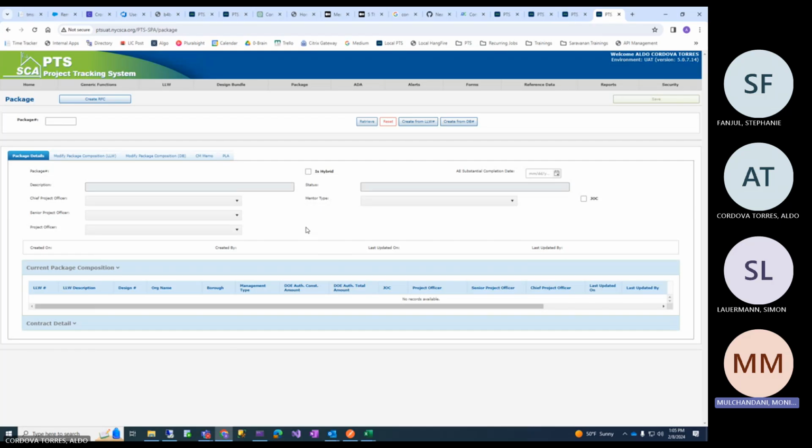And then what happens is there's a rule behind the scenes that the package number in this case is the same as the design bundle number. That's why sometimes you see package numbers which are D0, which sound the same as the design bundle. Or on the main page, when you see the LLW, it has a design bundle against it and a package, and both of the numbers are the same.